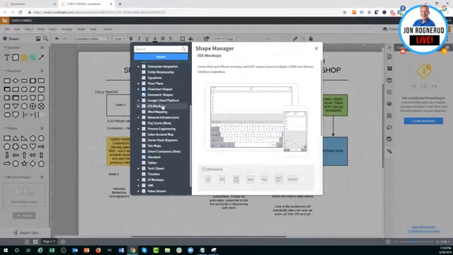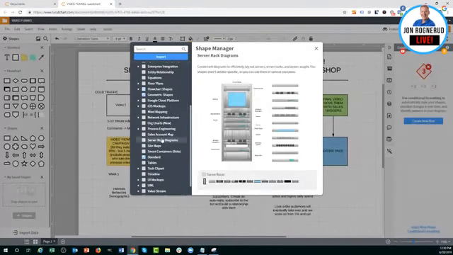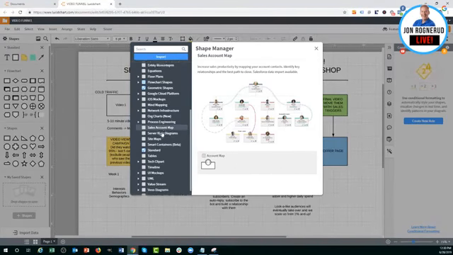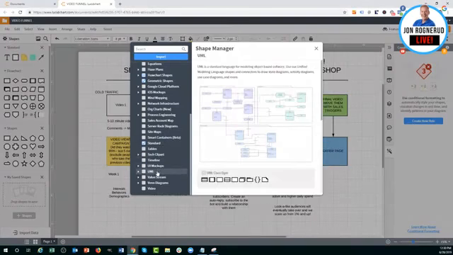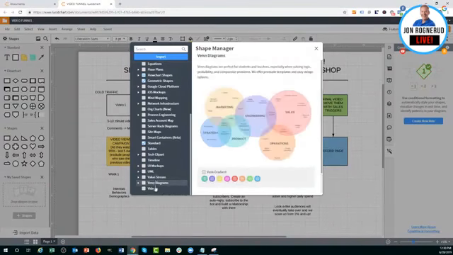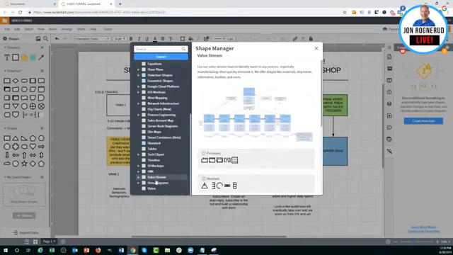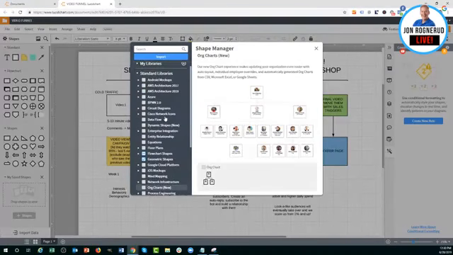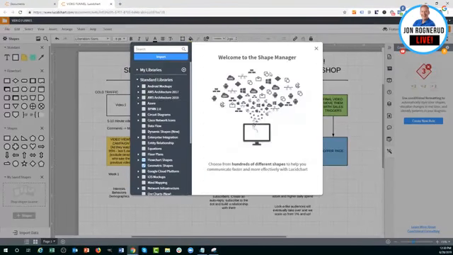We can even do complex things like equations here. iOS mockups are really, really cool. Server rack diagrams, sales account maps. This is, of course, getting into more of the marketing and sales side. This actually looks like more relationships, but you get the drift here. It's extremely powerful. Venn diagrams, videos, value streams. Really, there's nothing that Lucid here can't handle for you. It's extremely flexible, extremely powerful.